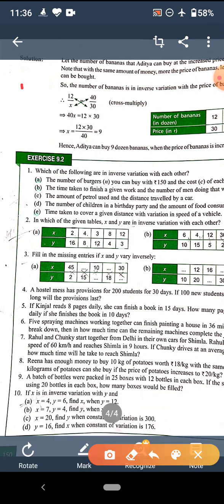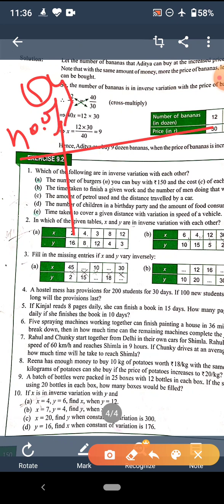In question number 4, a hostel mess has provisions for 200 students for 30 days. So definitely you know that if students increase, the food will last for fewer days. Okay, so you will make a table: number of students firstly, and then number of days. Number of students are 200,